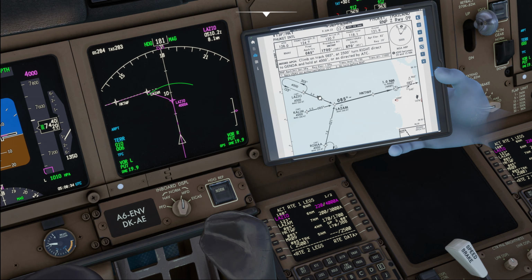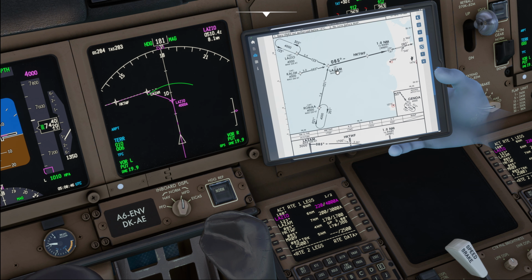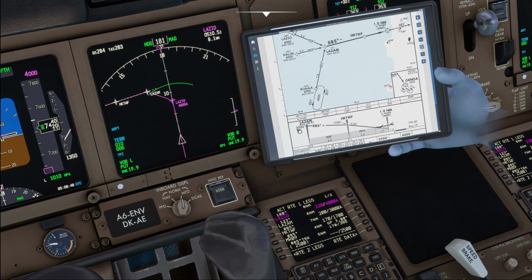From there we continue on a track of 123 degrees, 5.9 nautical miles towards Lausanne. And we have 123 degrees, 6 miles and Lausanne. So at Lausanne we've got a speed restriction of maximum 200 knots and we've got to cross that one at or above 3,000, which we've got in the FMC here as well. From there we continue on the final track, 085, 6.9 miles towards HKT Whiskey Fox, and we've got 085, 7 miles, HKT Whiskey Fox. Now that one's at 1700 feet, and that's going to be our platform altitude for this